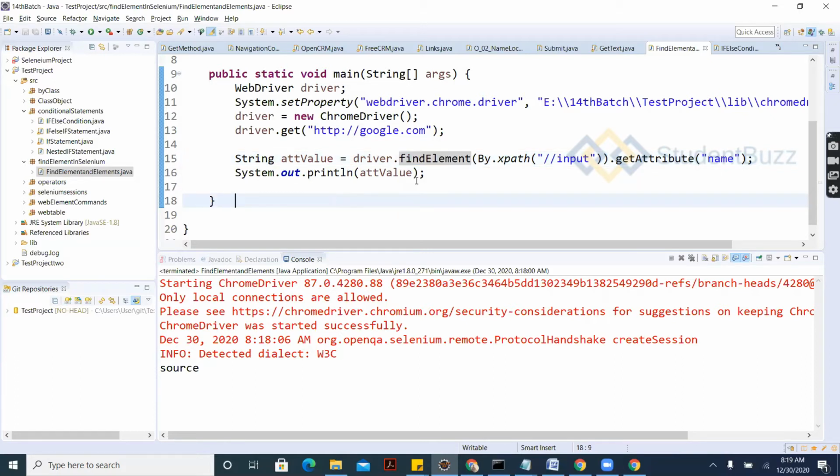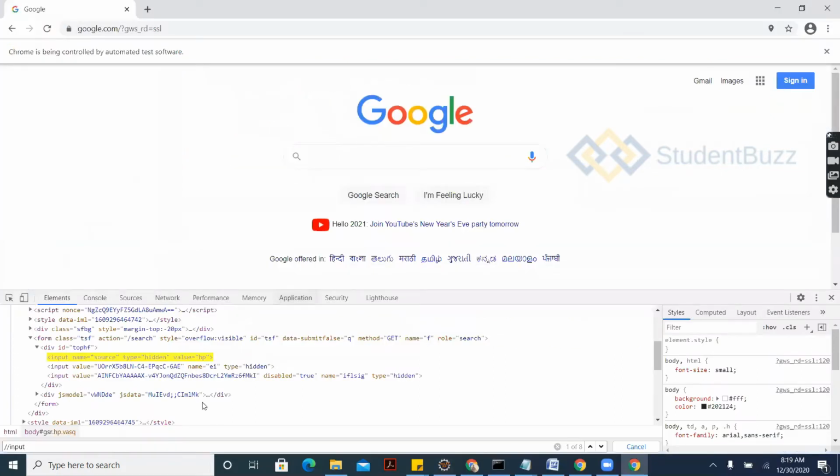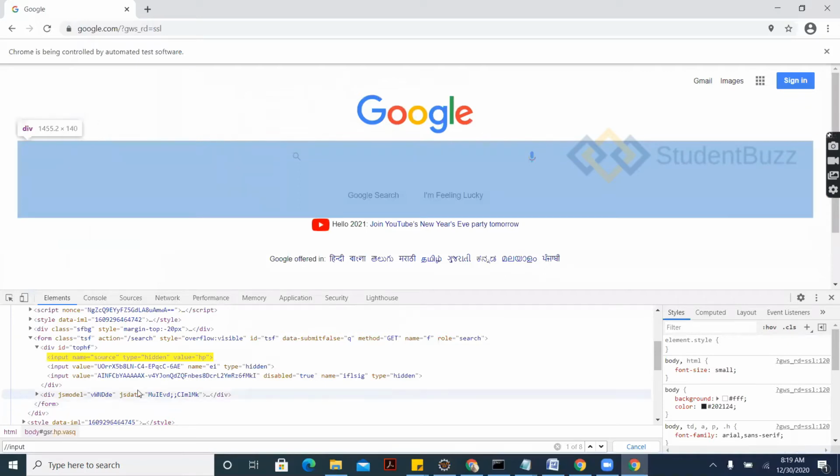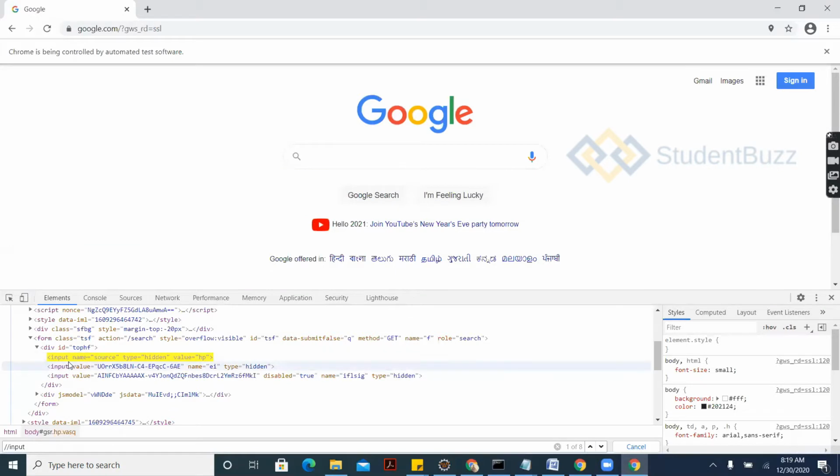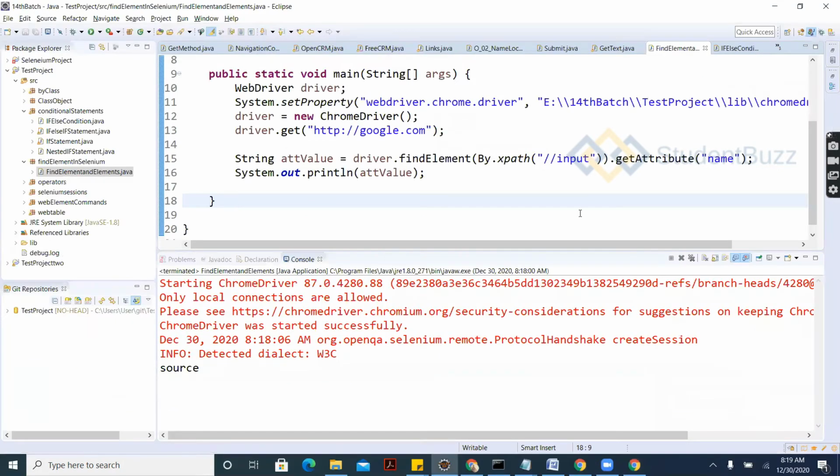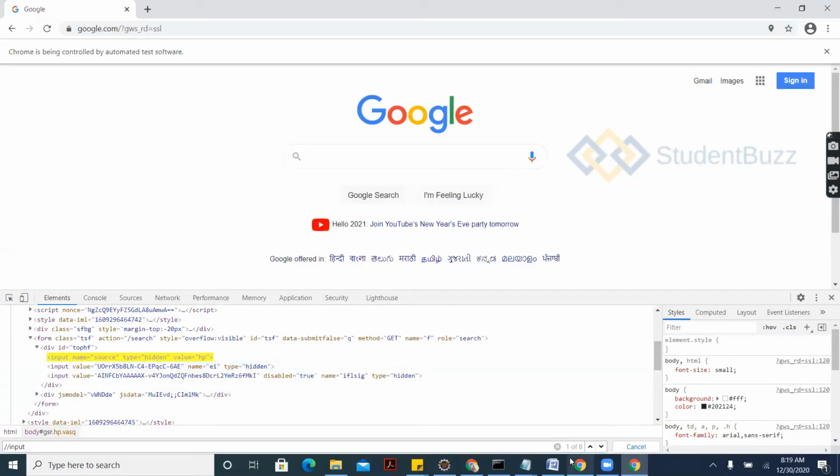For testing this particular thing we used the first input and got this name attribute. You can see it is finding 8 or 9 input elements on this page.